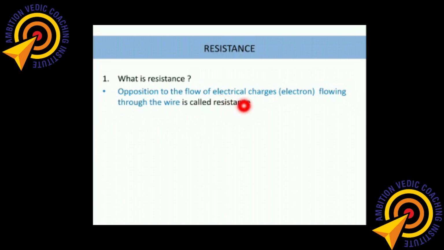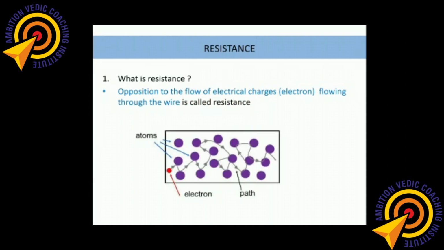Resistance means something which is trying to oppose us. If we are riding a bicycle in the forward direction and the air is trying to push us back, what do we do? We put more effort and we move forward. The extra effort that we put is because the air is trying to resist us, to oppose our motion. So for a better explanation, we can come with this. Now what is this?